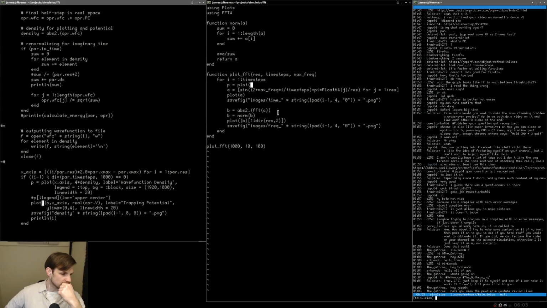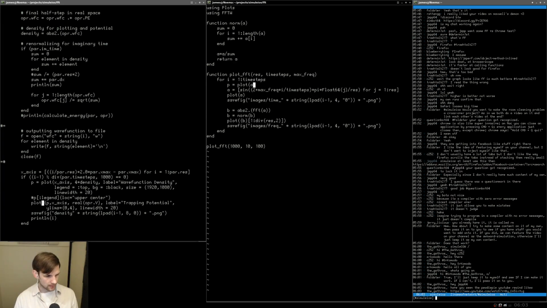Do we need to modify the x-axis? I've got a feeling we can probably leave the x-axis as is. So we're going to say A, and then label equals, and here we're going to call it, the label is going to be equal to, what should we call it here? I guess we'll call it,